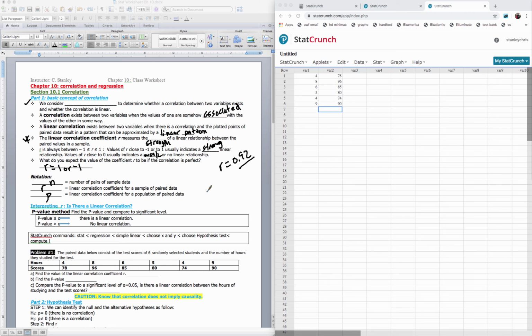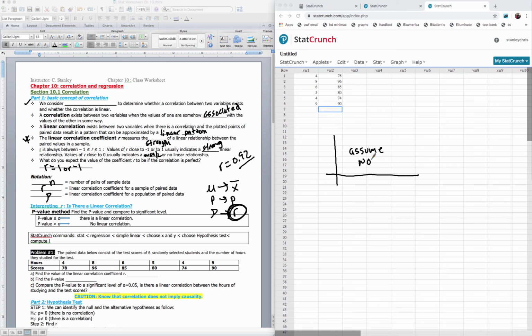So it's sort of similar to mu and x bar. P goes to P. Now we have rho goes to R, but this is the one we're going to be dealing with more. Okay, so we're going to be interpreting, is there a linear correlation? So whenever we test for a linear association, we always assume